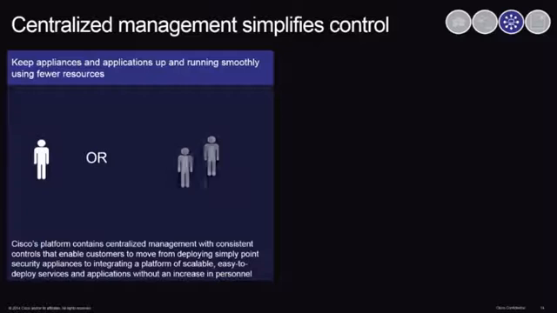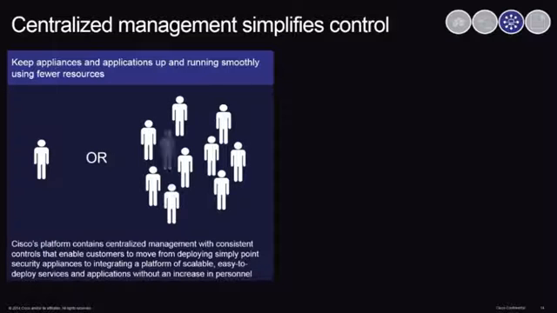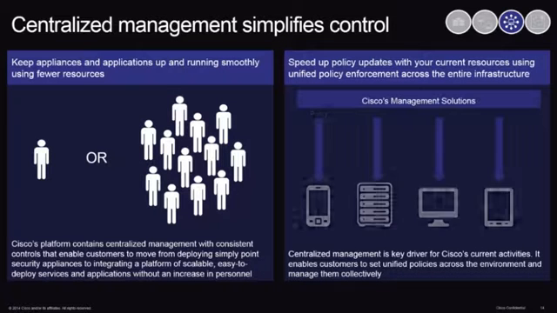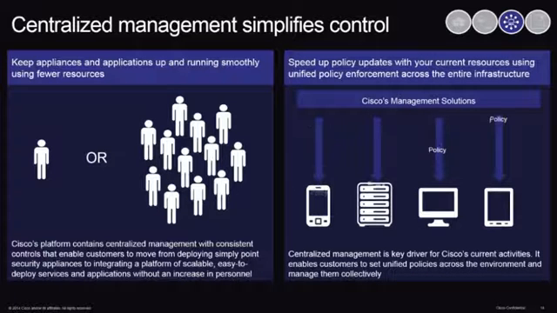Centralized management means that customers need fewer resources in order to keep their security up and running. Fewer people, fewer appliances, and less is more for already stretched security budgets. Cisco's unified policy enforcement speeds up policy updates to make sure customers' security devices are updated as soon as possible to protect and control. These updates can be sent to devices simultaneously, preventing customers from spending money on personnel needed